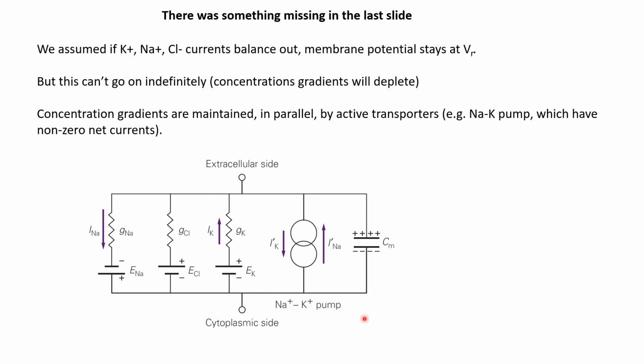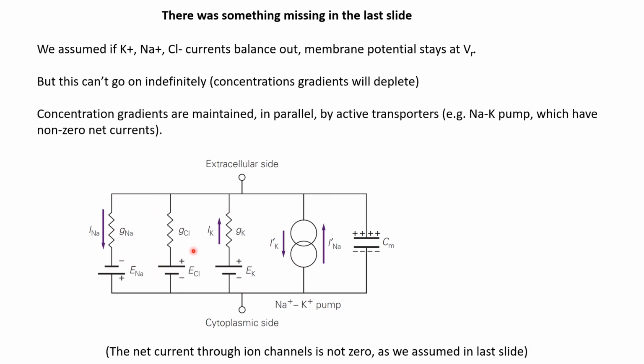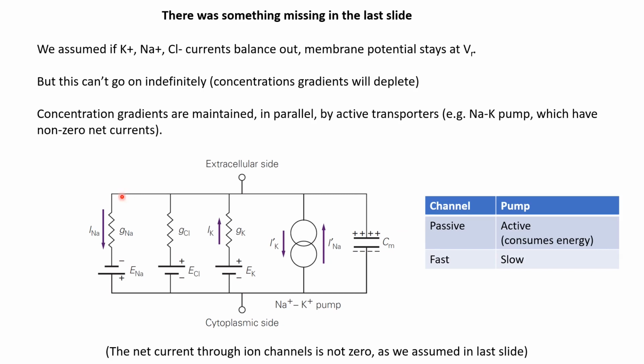Now it's slightly difficult to incorporate the pumps in the same expression that we obtained earlier, because unlike these ion channels, which can be thought of as passive elements, whose currents are simply dependent on the voltage difference, the exchange pumps are not passive. They are consuming energy and then they are generating currents, and they do it depending on the need. So the pumps may not be active all the time. The amount of current flowing through the pumps will depend on the requirements.